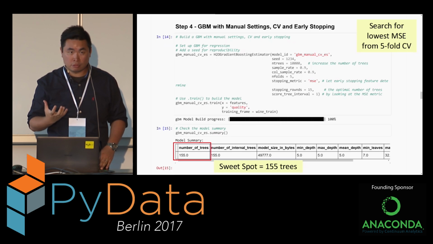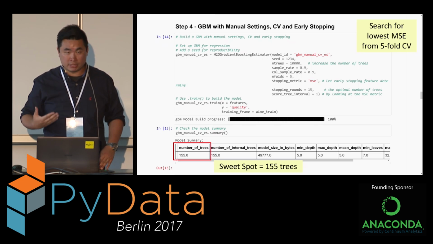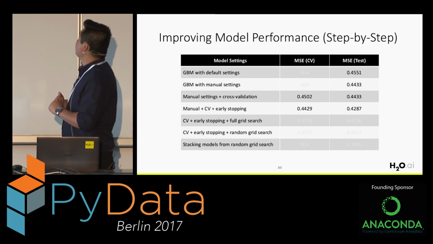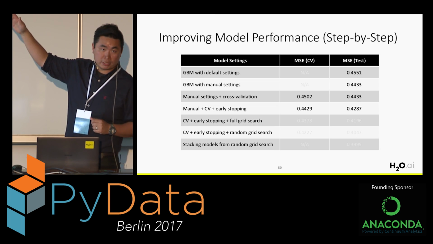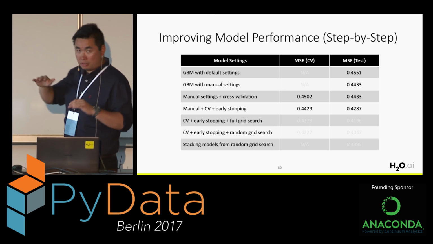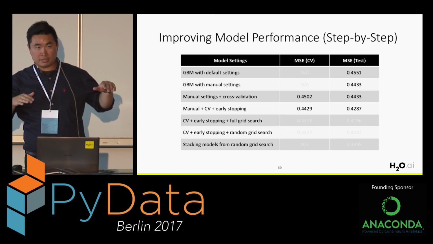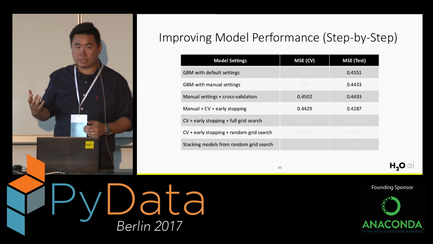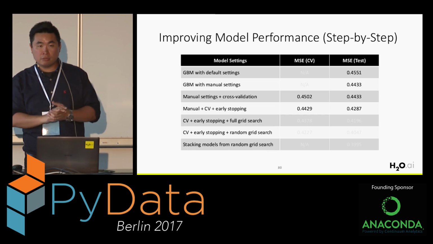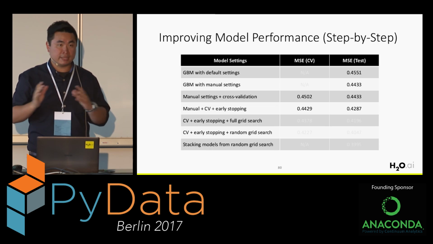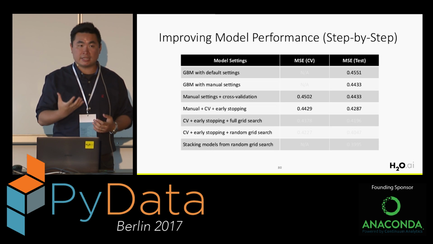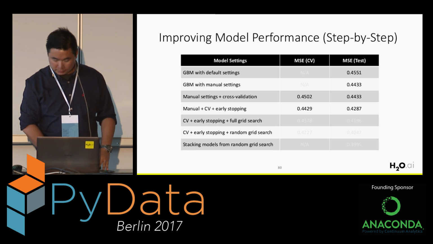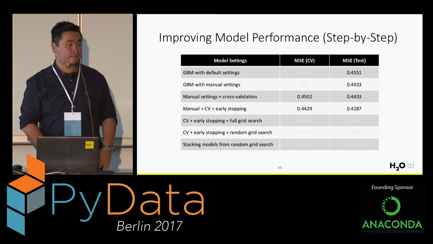So once we have this model using early stopping, then we can again look at the performance on both cross validation and the test data set. And now you can see that for both measurements, the cross validation measurement and the test set, we've both gone down a bit, slightly. So that is a good indication that this is working, because now you're not only looking at one measurement, you're looking at both measurements on cross validation and test. So that is giving you more confidence that this technique is working on this model. Okay? Everyone okay so far? Yeah?